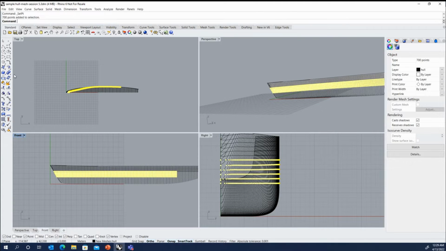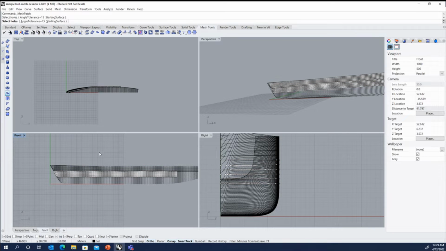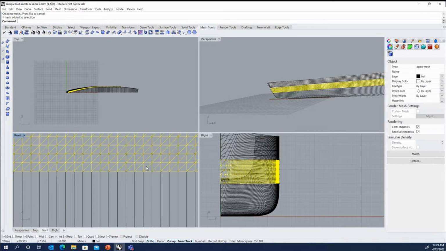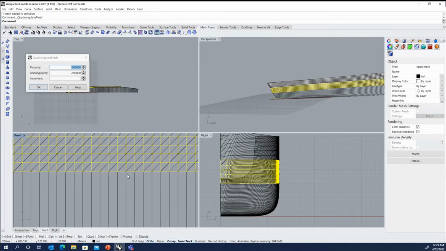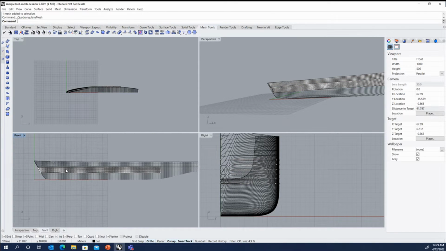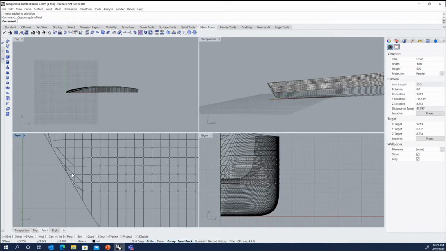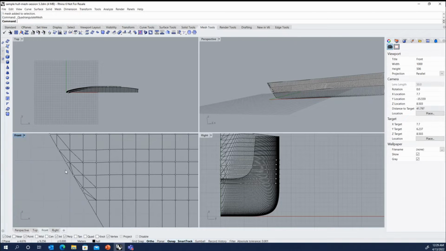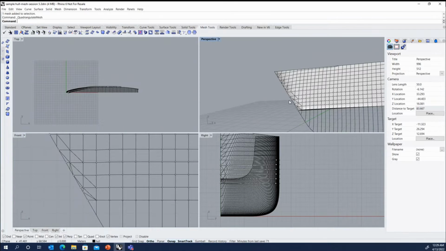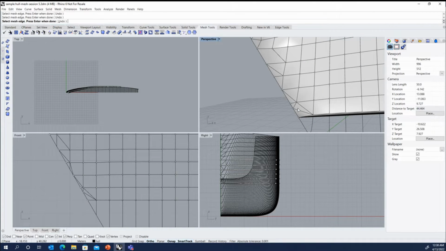We can grab all of these points, create the mesh, and convert to quads. Up in the bow, we've got a few that still need to be merged in here. And when we do this, you may want to look in multiple views. Now these seem to be ones that we'd want to convert to quads, but like in this area, this one